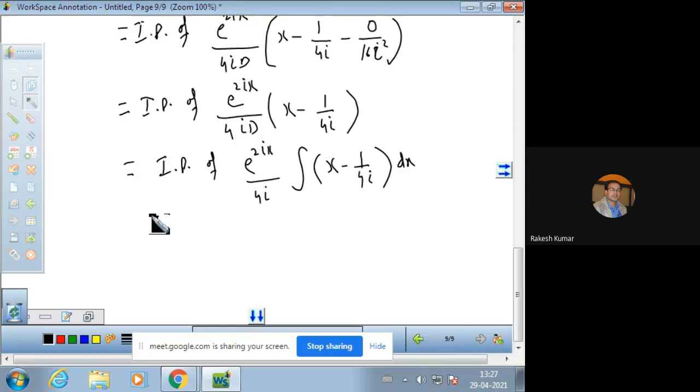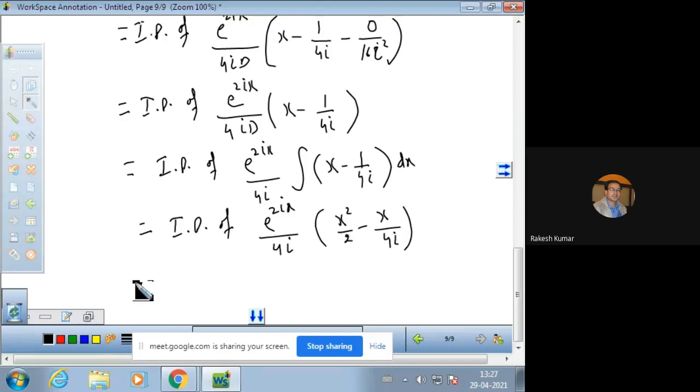So d is in the denominator, that is why we are taking the integration. e raised to power 2 iota x over 4 iota. Integration of x will be x square over 2, and that will be x over 4 iota. Now